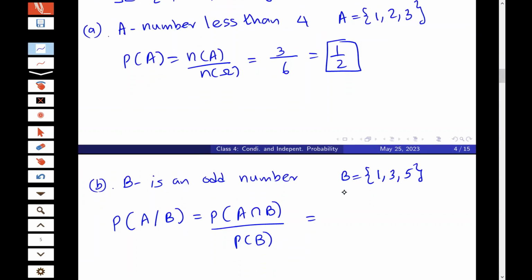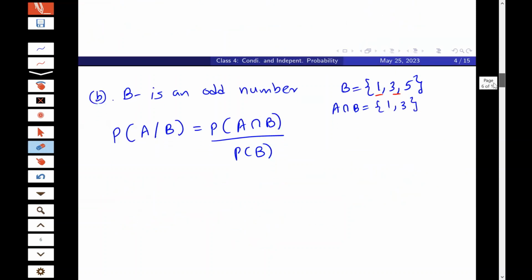So A intersection B is going to be 1 and 3. These are the common items in A and B. So you can find the probability of A given B, which is 2 over. So we have 2 items in